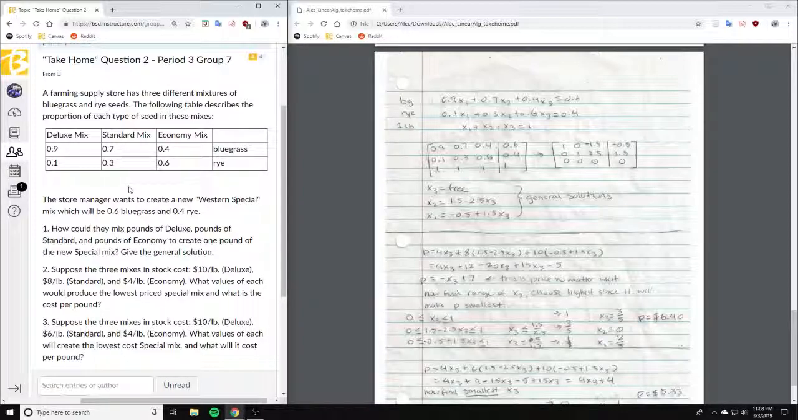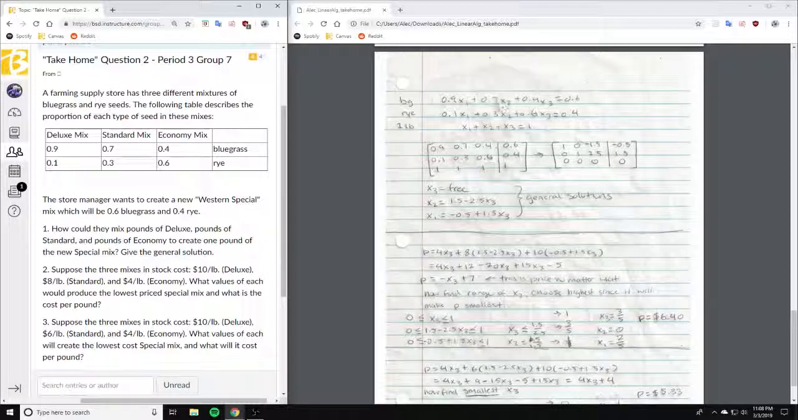So the first question is, how could they mix the pounds of deluxe, pounds of standard, and pounds of econ to create the special mix? Give a general solution. So what we want to do is find the equations first. So we can see that for bluegrass, we want to get 0.6 bluegrass, right? And that is represented by the deluxe mix, which is x1,